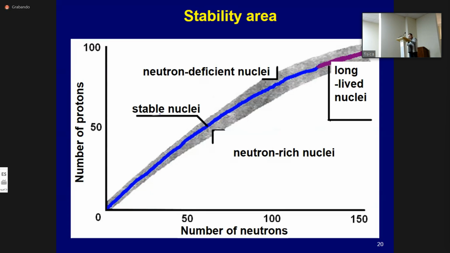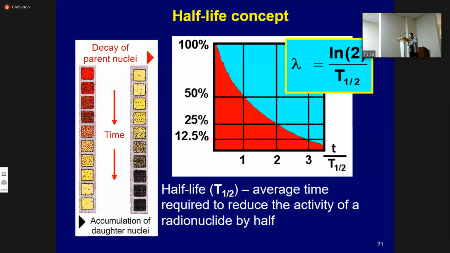So, a radioactive source cannot exist forever. The number of radioactive nuclei in it is constantly decreasing due to their spontaneous transformation. The word spontaneous means that the decay of each nucleus is absolutely unpredictable. It can happen in a moment or in millions of years. A radionuclide that undergoes a spontaneous transformation is called a parent, and a new nuclide resulting from such a transformation is called a daughter.